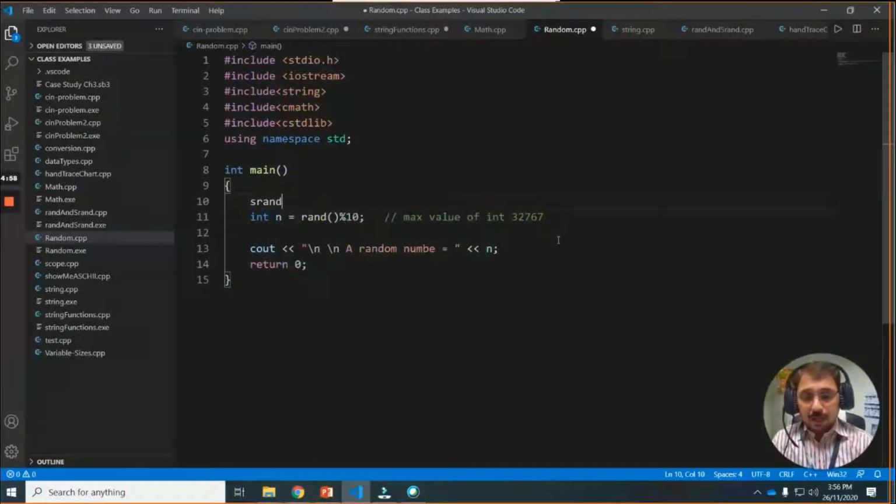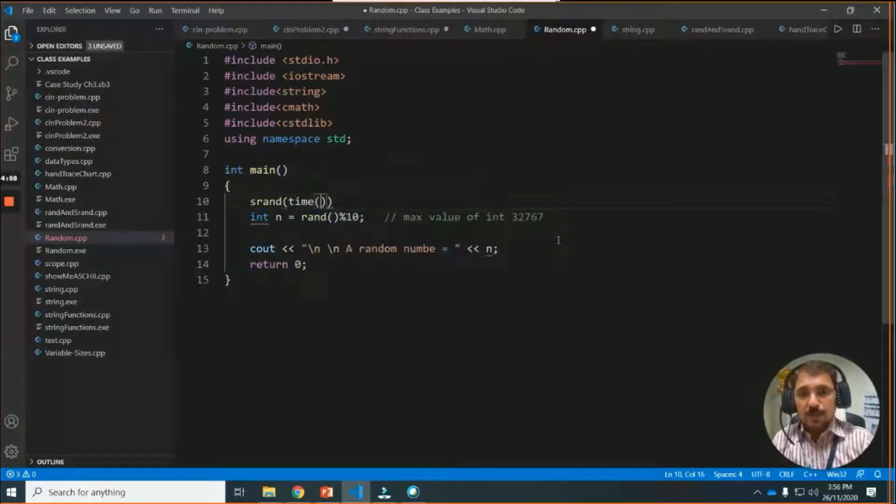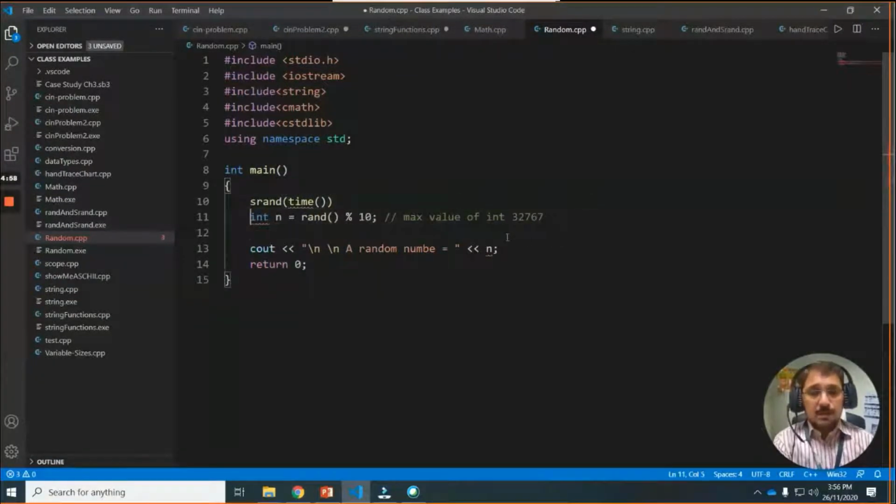Okay, srand, and in the srand function, inside the parentheses, we will provide another function which is time. Okay, it will read the system time. Okay, the system time, and what will be the effect of this? The effect of this will be that it will change every time the random number which is generated by rand.